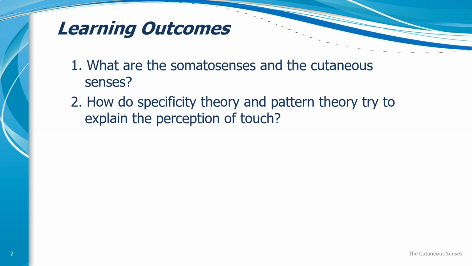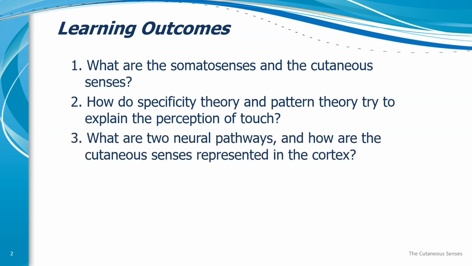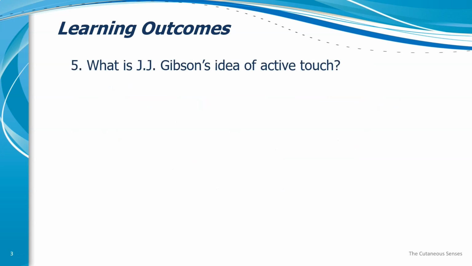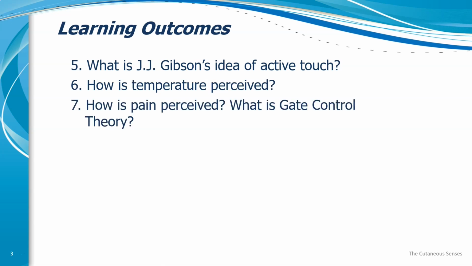Which one is correct? We will pick up beyond receptors and follow neural pathways up to the cortex, and we'll take a look at how the cortex represents your body. I will talk a bit about tactile perception and something called the 2-point threshold. I will mention J.J. Gibson's theory of active touch as opposed to passive touch, and we'll see the differences between those. Talk a little bit about temperature perception, a little bit about nobody's favorite, pain perception, and in particular, gate control theory,